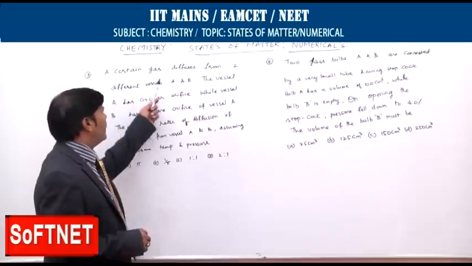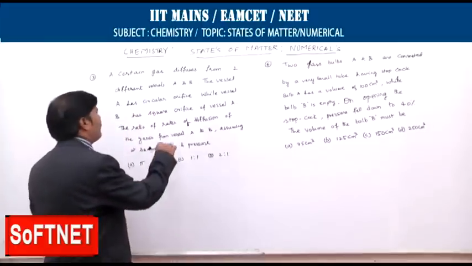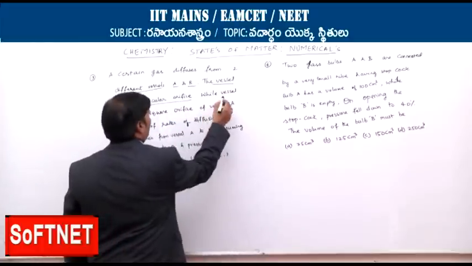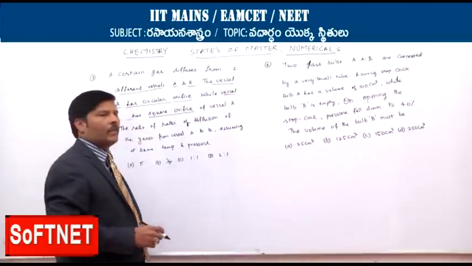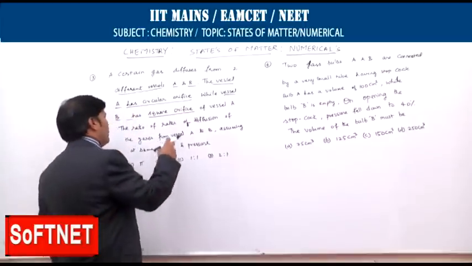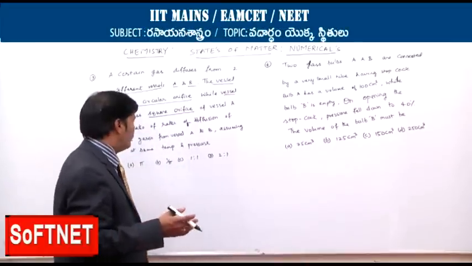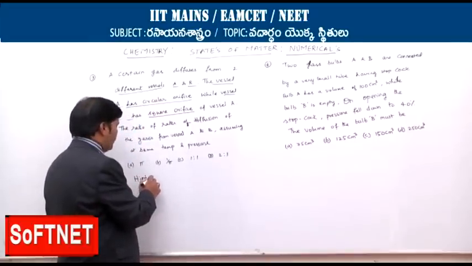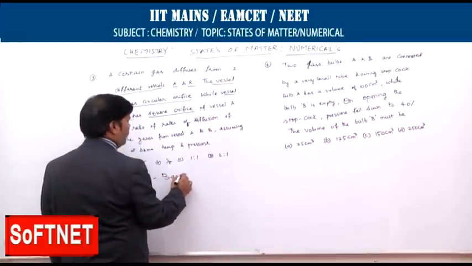Here in the first case, a certain gas diffuses from two different vessels A and B. The vessel A has a circular orifice while vessel B has a square orifice. That means two different vessels are there, one is circular orifice and the other one is square orifice, and the ratio of the rates of diffusion of the gases from vessel A to B, assuming the temperature and pressure to remain constant. That means this problem is basically from the topic of Graham's law of diffusion. So based on,